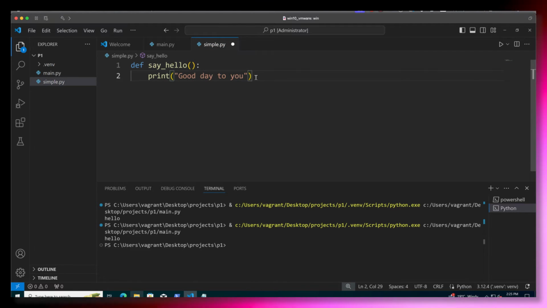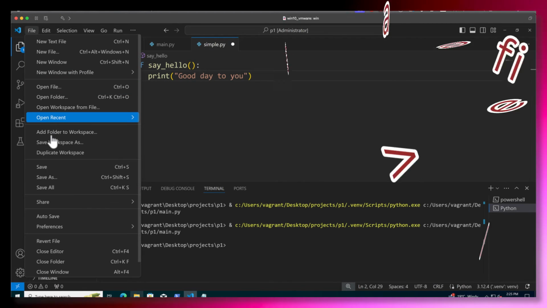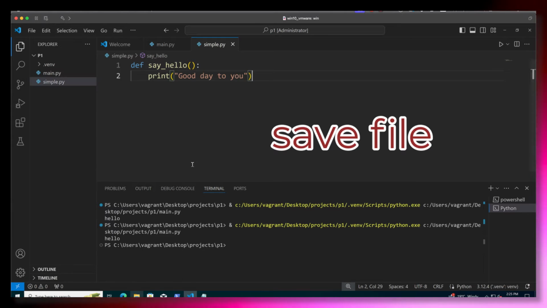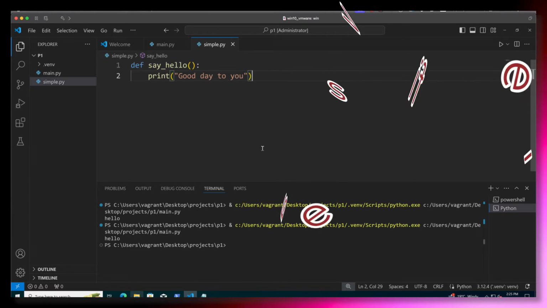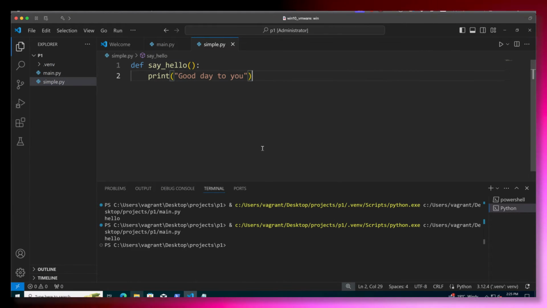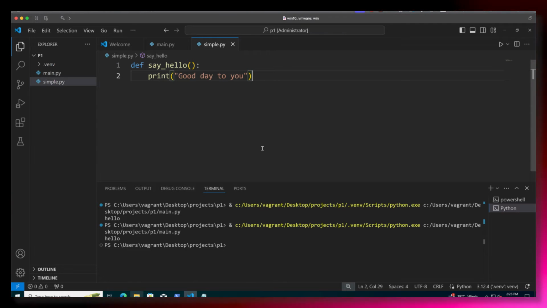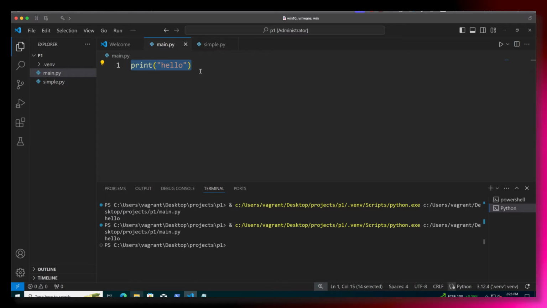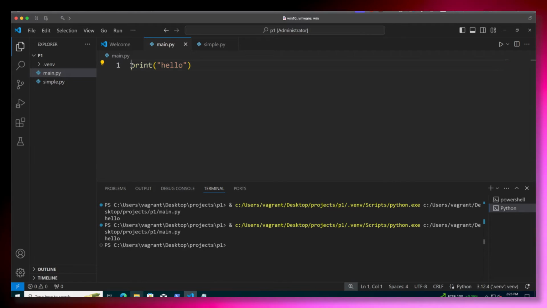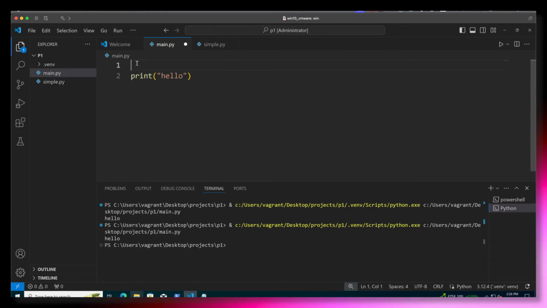But you should be consistent. Keeping the consistency is important. I'm actually going to save this. I know you don't normally need to save files because you run it, it's going to be saved. But I'm not really going to run this file. I'm going to reference it from my main.py. So don't forget to save your simple.py file, the module.